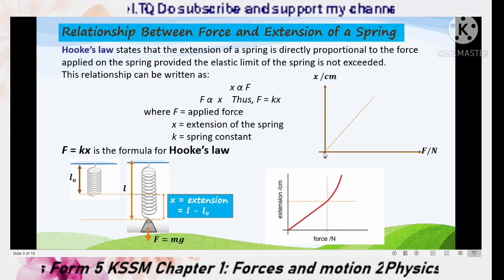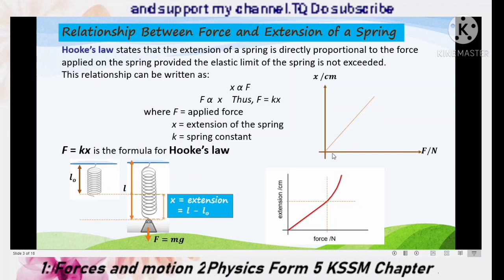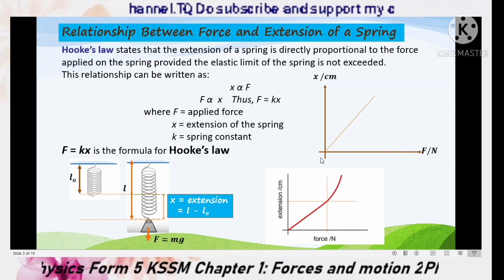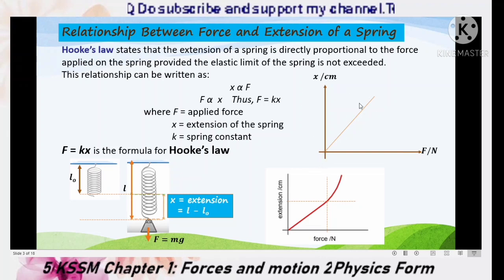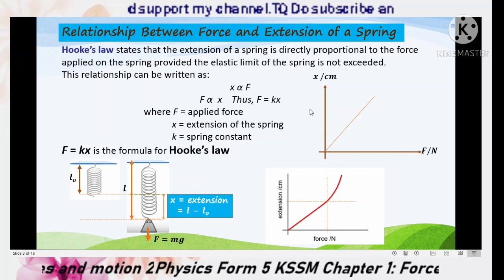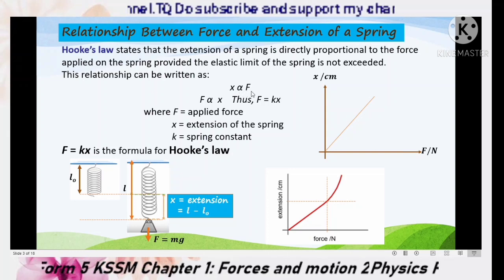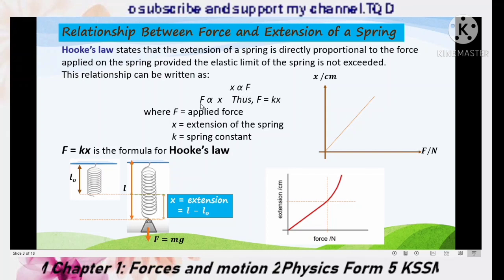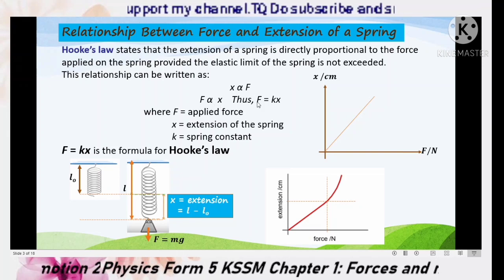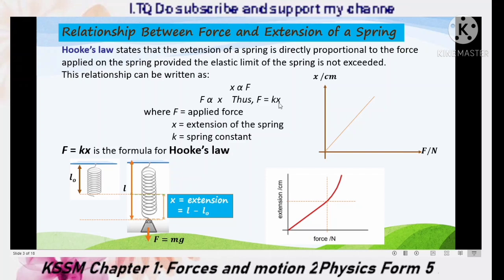Based on the result of the experiment, when we plot a graph, we get a straight line that passes through the origin. So the result shows that x is directly proportional to F. So we get this relationship, x directly proportional to F, or we can also write it as F directly proportional to x. Thus from here we get this equation, or this formula, F equals kx,